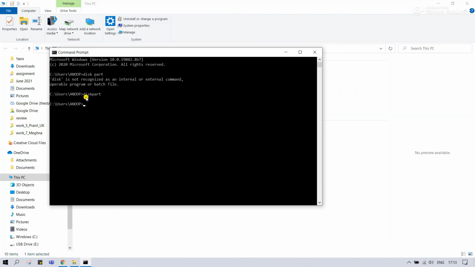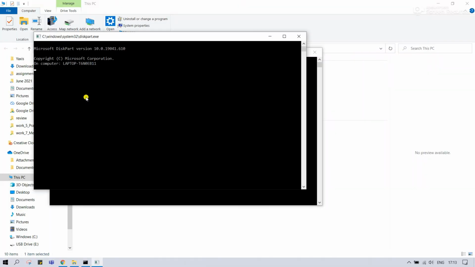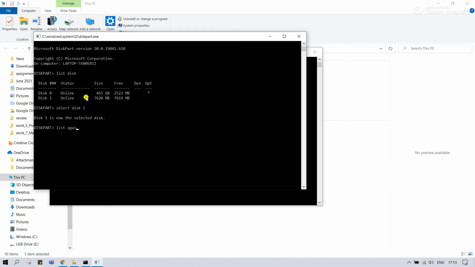Okay, so you need to go for diskpart. List disk, select disk 1, list disk again, and clean it.